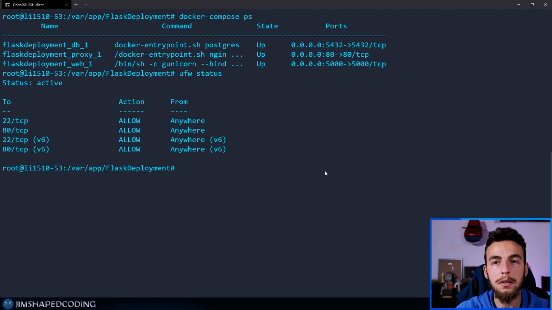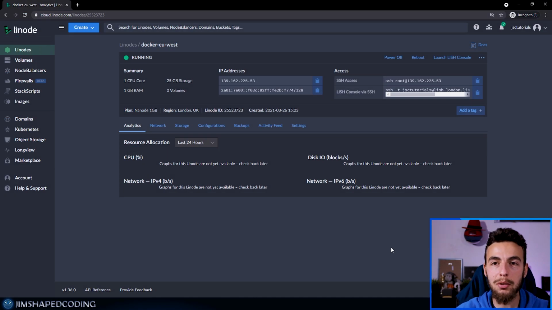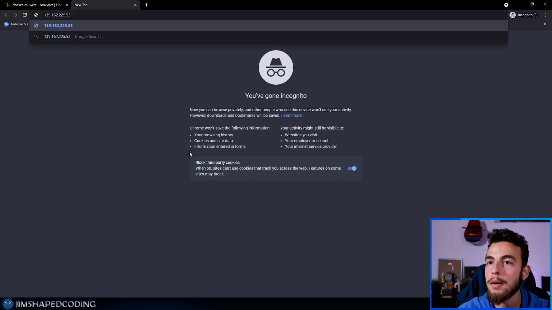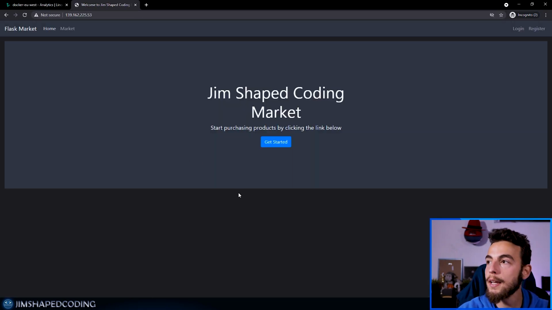So what does this mean? It means that if now we go to the public IP address from the web browser, then it really means that our website works perfectly. So I will go back to our browser and I will grab the IP address of our server and copy this here and paste this in a new tab. And if I press enter, then you can see that our application is really up and running,